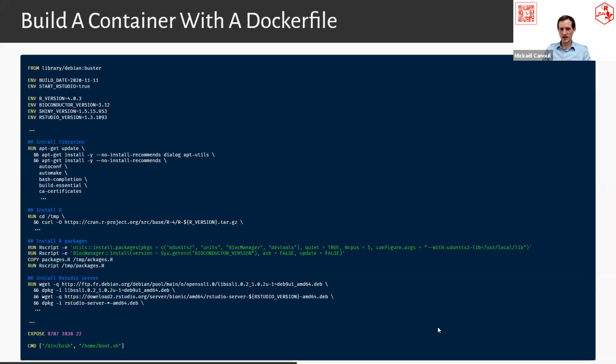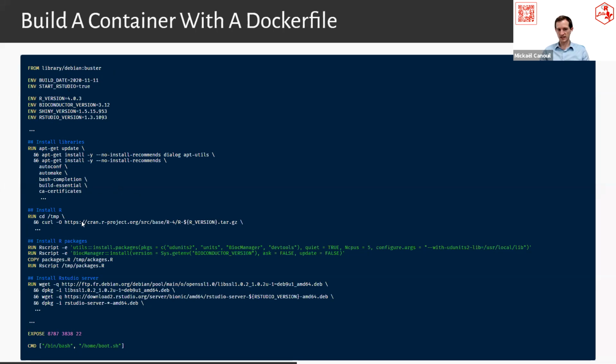And actually, it's really a recipe. You have what is called a Dockerfile, which states every step you need to perform to install and prepare your machines. So here, for instance, it will be like, okay, I'm working on a Debian with the Buster version. There are some environment variables. I want to install some system libraries.